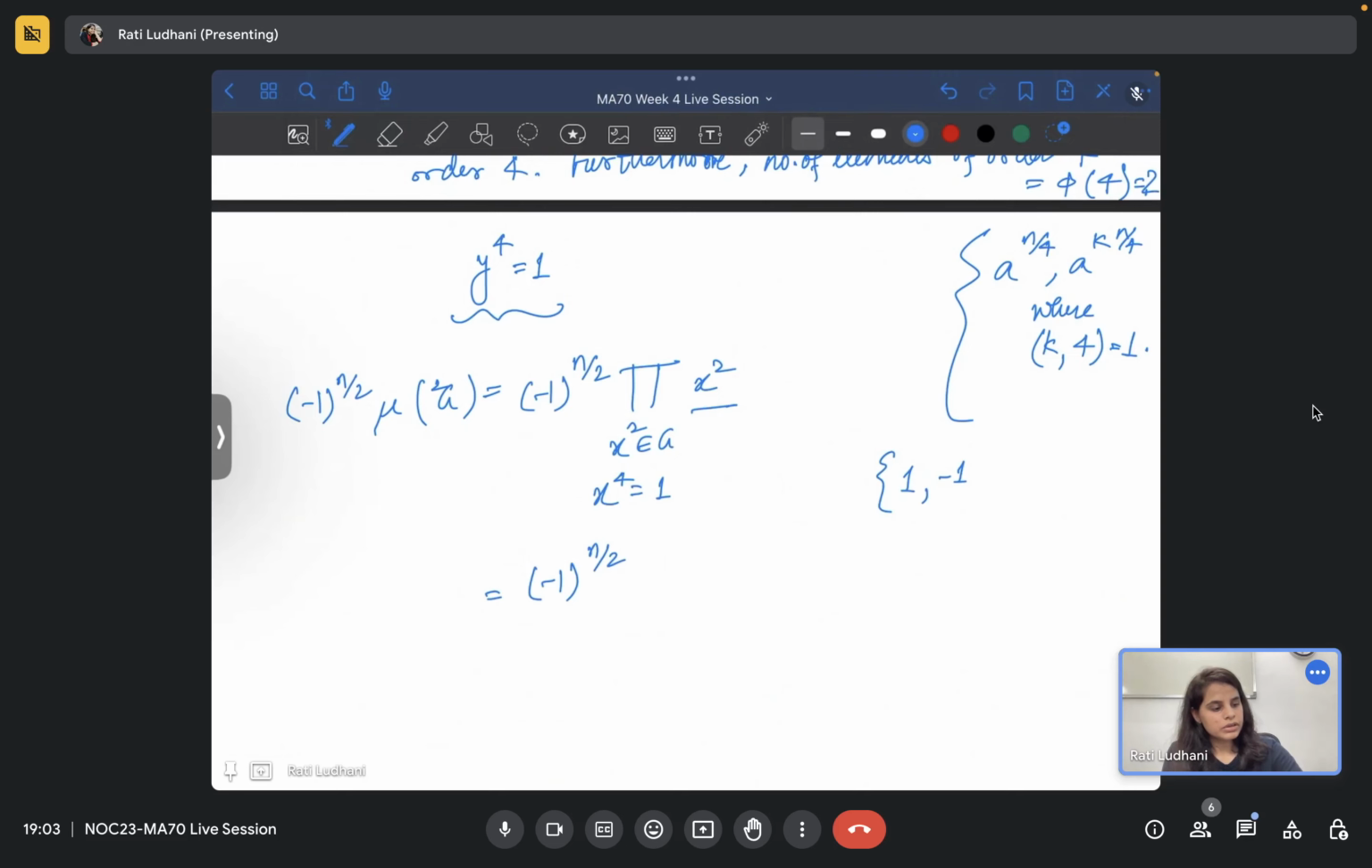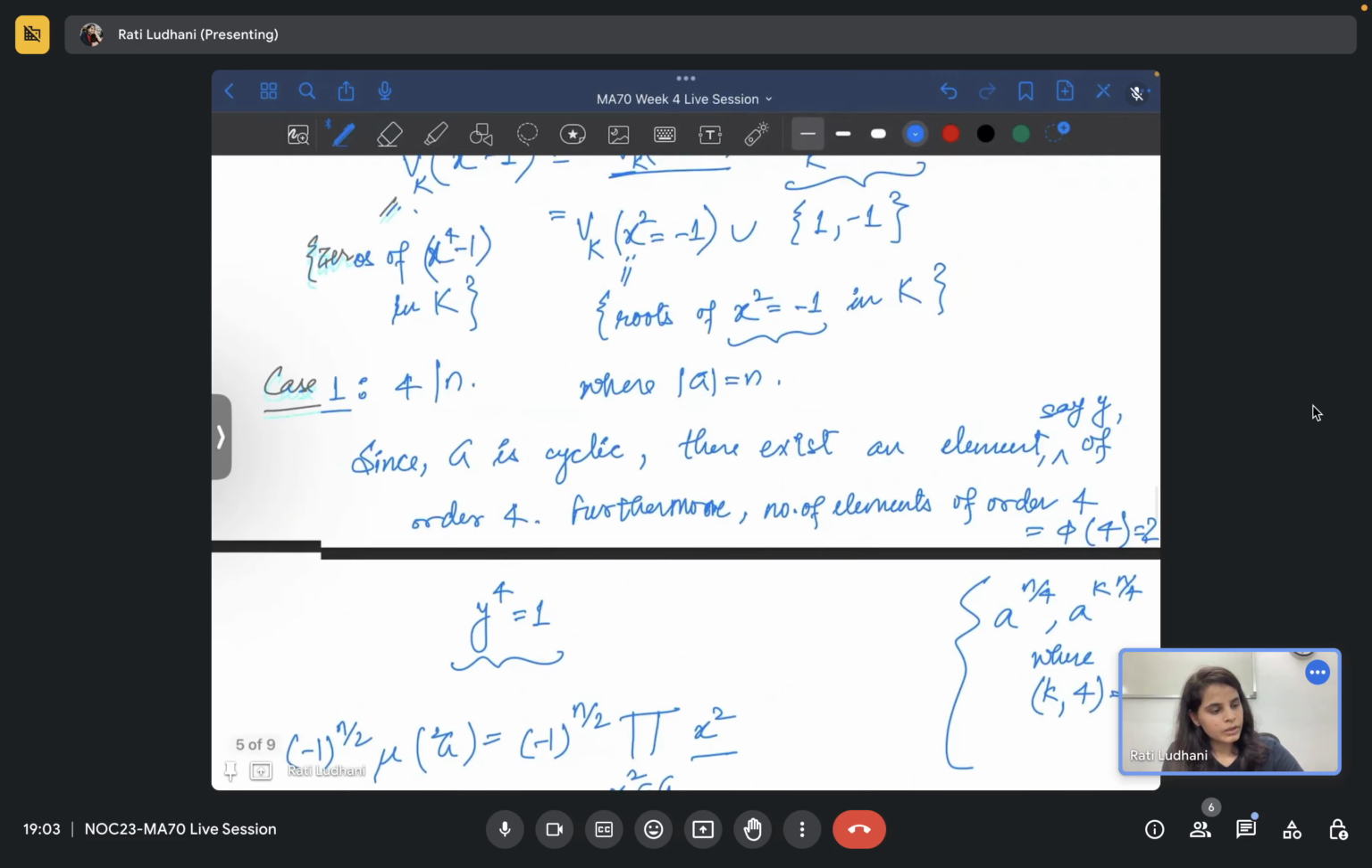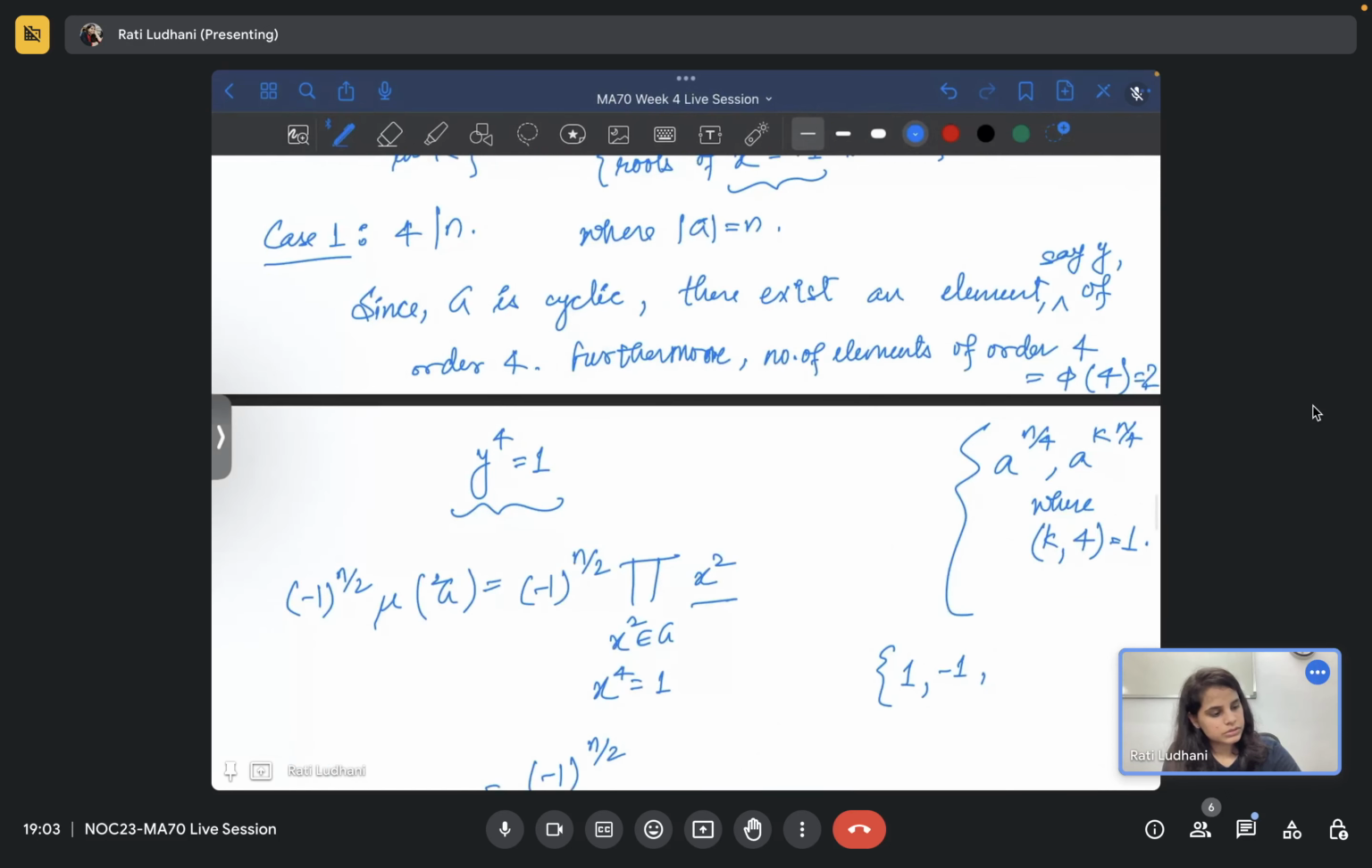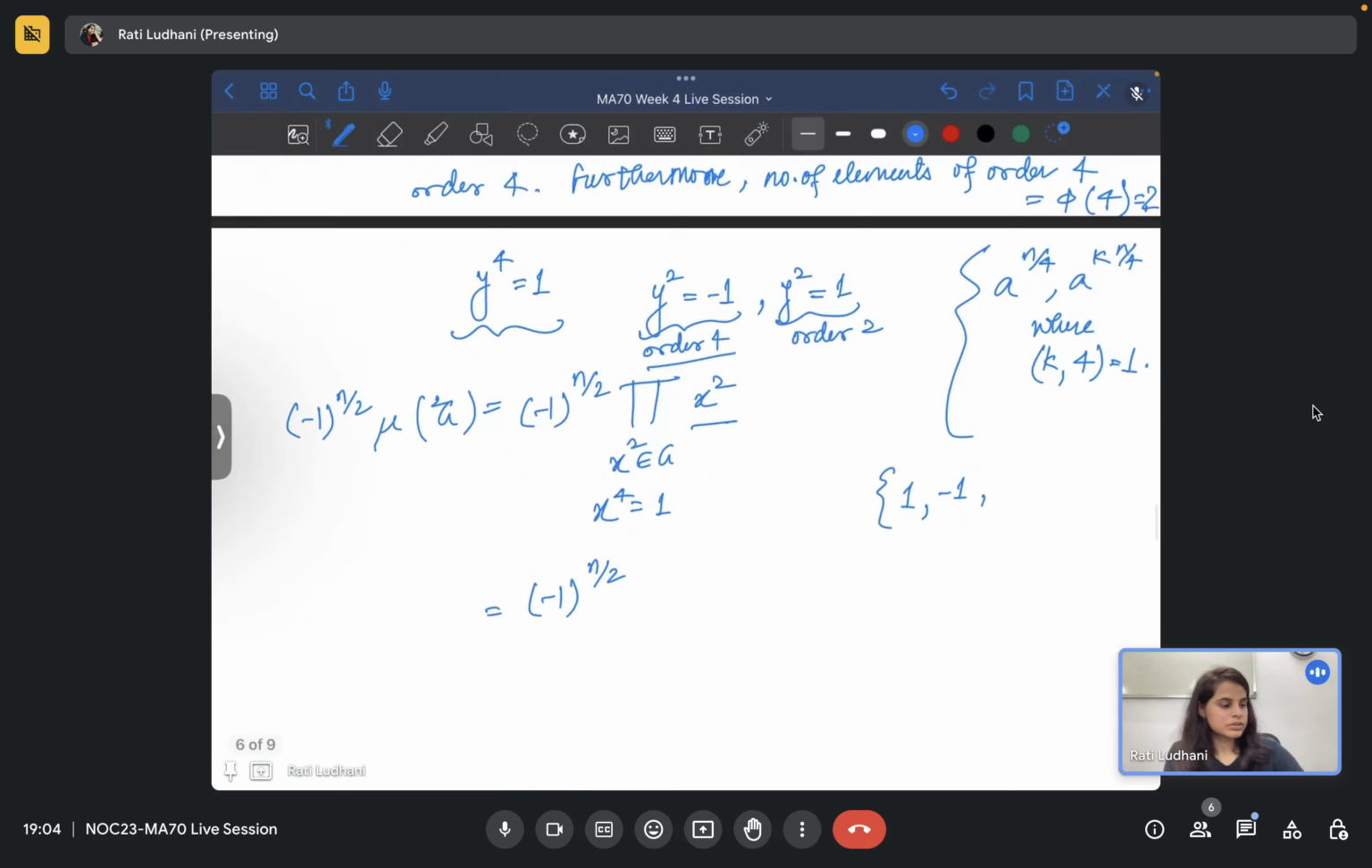You will have the roots. So y square is equal to minus 1 and y square is equal to 1. This will be the elements of order 2. This will be the elements of order 4, which will satisfy this. So the square will be just minus 1. So let's say some element y and its inverse actually. So these are elements of order 4 which exist